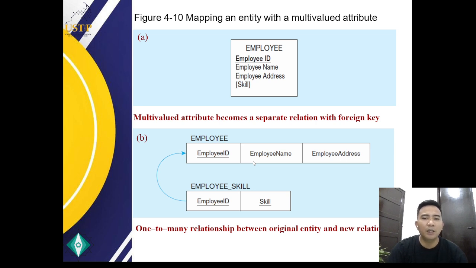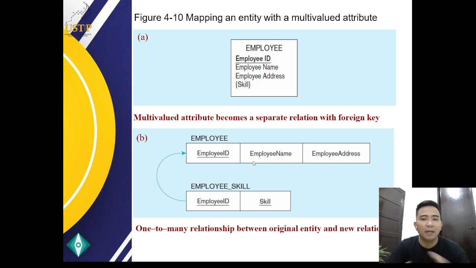So mapping an entity with a multi-valued attribute. Okay, so we have here an employee entity type in an ER diagram. So it has a multi-valued attribute named skill, which can have multiple values for a single employee. So we also have here on the second part, the employee relation and employee skill relation.